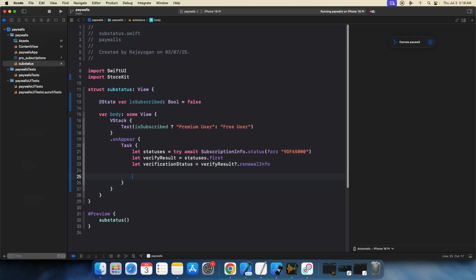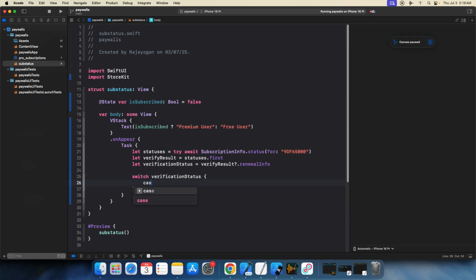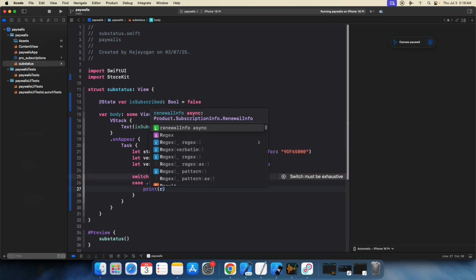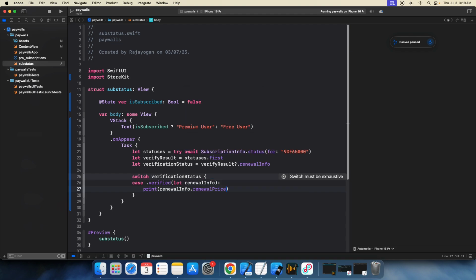Okay, now switch verification status. This is the verified user. I'll just print this, renewal info dot renewal price, something like this, and